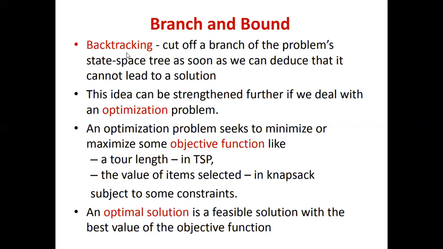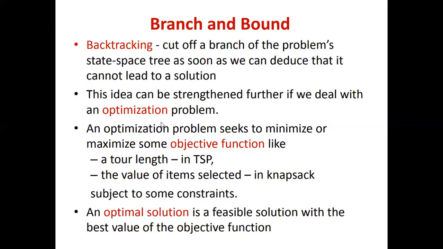How does backtracking work? The backtracking approach can be used for optimization problems, to get more accurate, more feasible solutions. We also know what an optimization problem is, correct? Any problem which seeks to find the maximum or minimum of some objective function. For example, the traveling salesman problem. You're asking for a maximum profit or a minimum traveling cost, something like this. This kind of problem is an optimization problem.